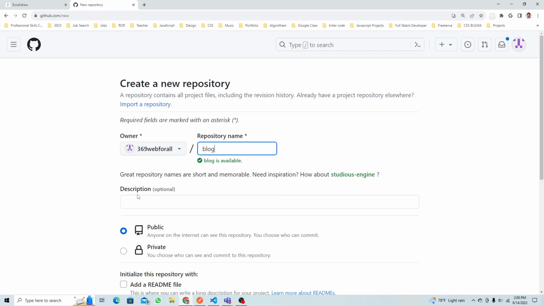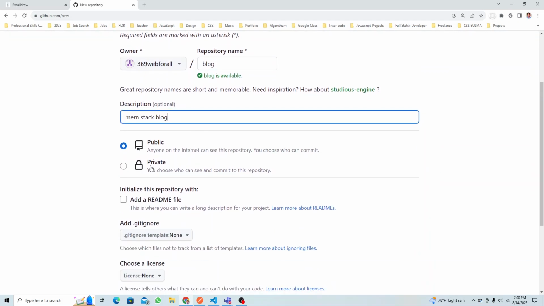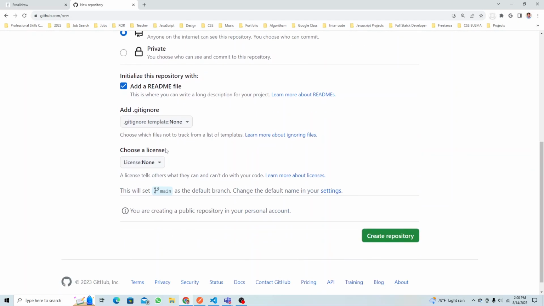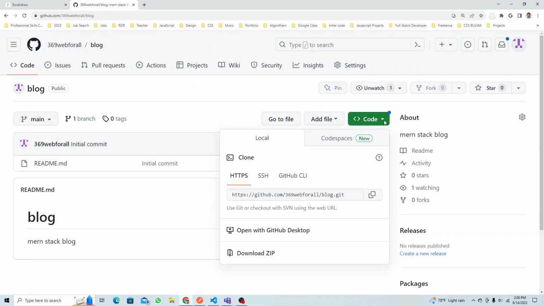Yeah, let's call it blog, right? So this will be MERN stack blog. Okay, so readme file, and then nothing, just create this repository. Once the repo is ready, we're gonna clone that. So what I will do, right, I'm gonna clone this